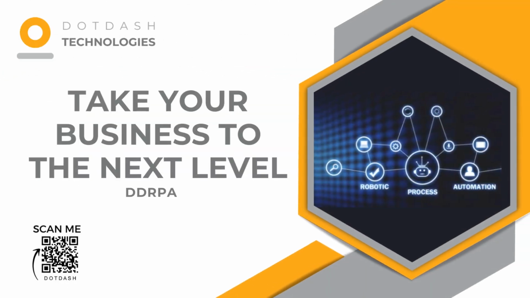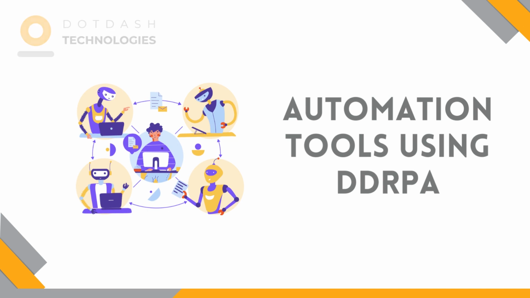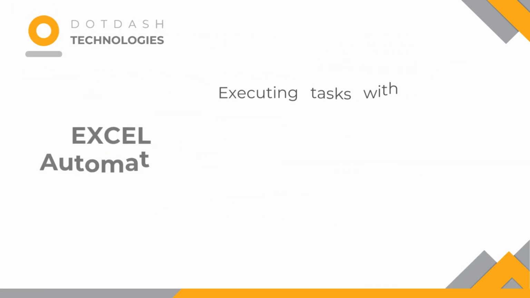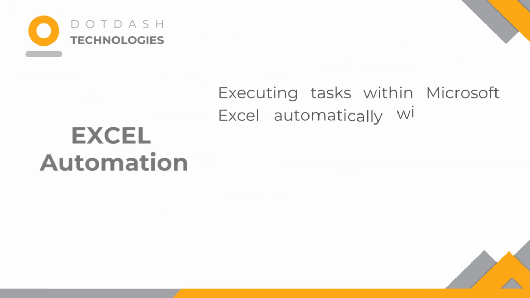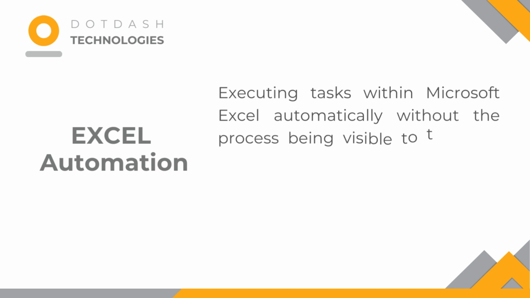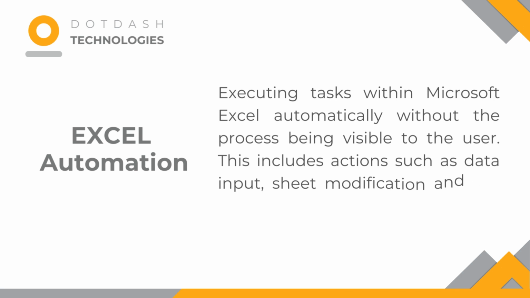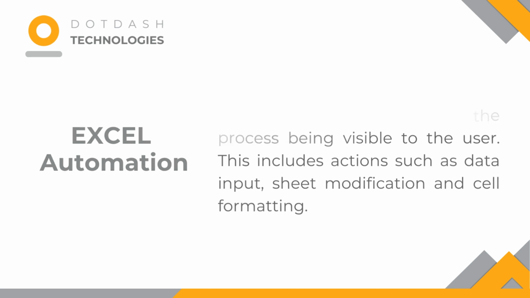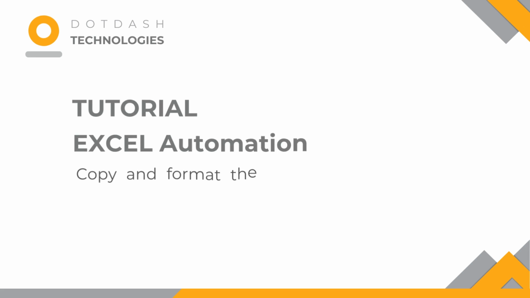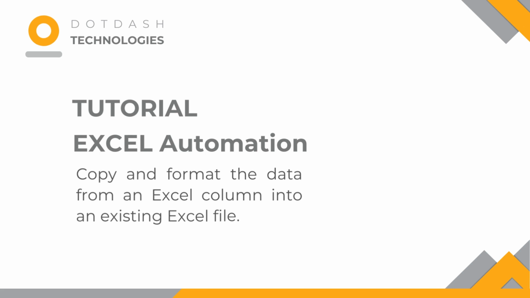In this video, we'll be showing you how to do Excel automation. Excel automation involves executing tasks within Microsoft Excel automatically without the process being visible to the user. This includes actions such as data input, sheet modification, and cell formatting. This tutorial covers Excel automation, demonstrating how to copy and format the data from an Excel column into an existing